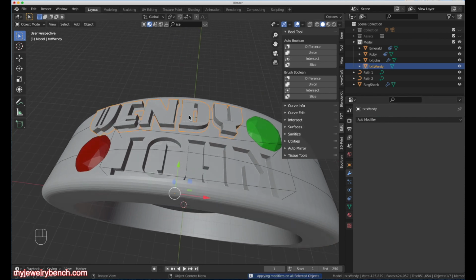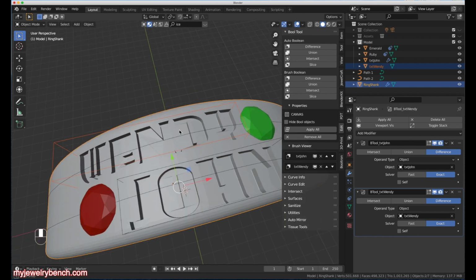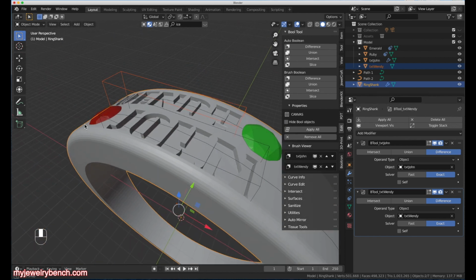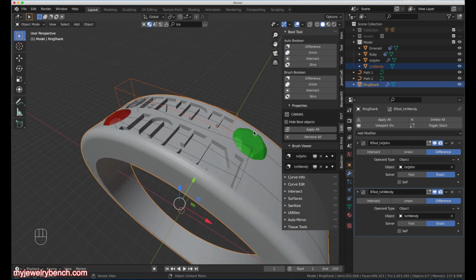And now I can select the word Wendy, hold the shift key down, select our ring shank, and use a non-destructive difference, just to test and make sure that it worked okay. Again, the more detail you have in your model, the longer it will take. So the word Wendy came out perfect. Let's see here. John's there, Wendy's there. Now we just have to deal with the two